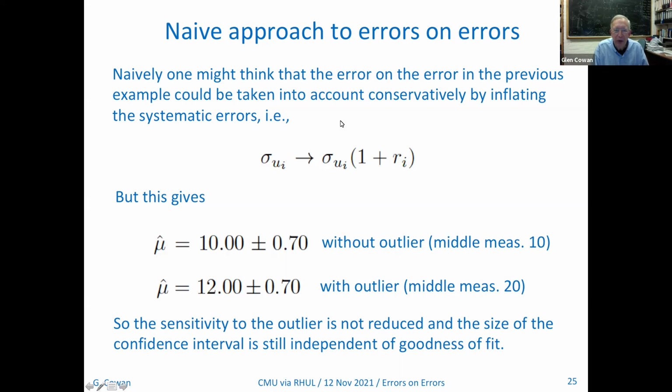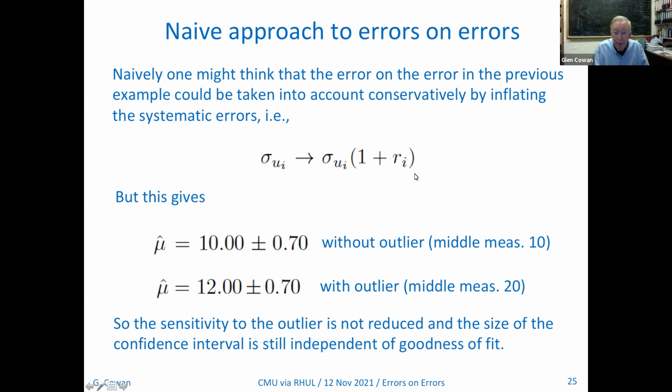So most of my colleagues, as I said, would have just said, all right, well, if the error bar is uncertain, then just inflate it a little bit. If you think that there's a 20% uncertainty in the value that you assign to some standard deviation, well, then just pump up its value by 20%. All right, so replace all the sigma i's by sigma i times 1 plus r i. Well, if you do that on the example that we just saw,